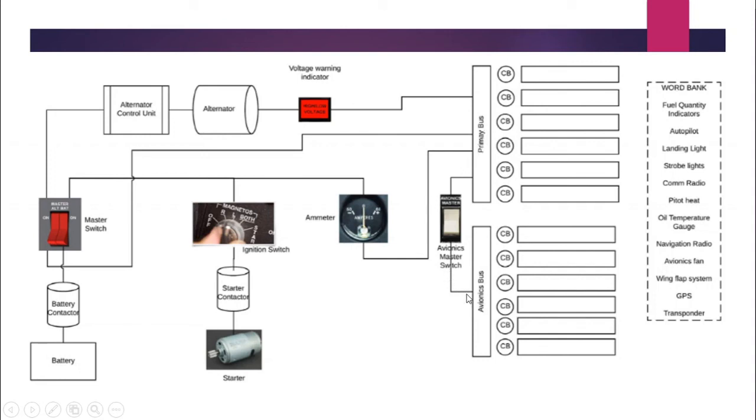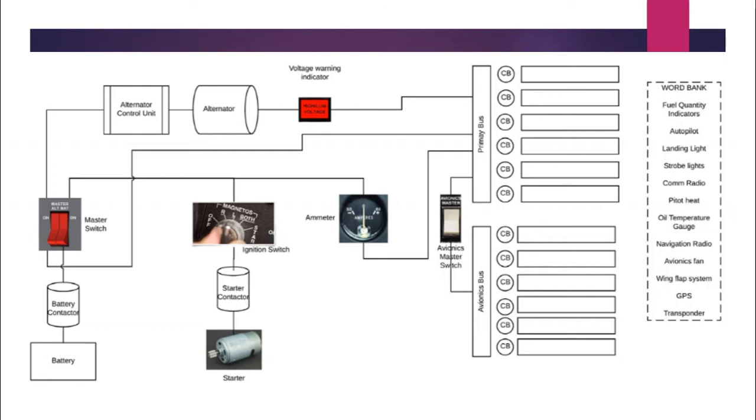Then the avionics comes off of that, so you've got a switch for that all by itself, and that controls your navigation radio, your GPS, your transponder, which is basically a device that when it receives a radio signal, it sends one back out. So that helps to locate where the airplane is for ground control. Your comm radio, that's communications. And then your autopilot,